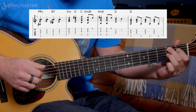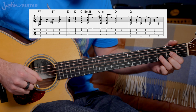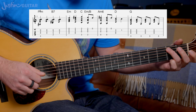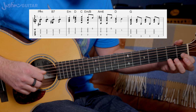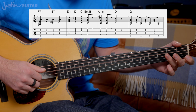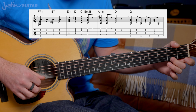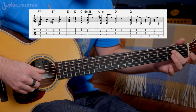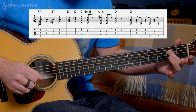All of it, then just the chord. Now we've got this lovely part here: E minor, D, C, E minor over B, E minor 9 over B, to the A minor 6. It's really nice the way you get this melody going, the bass going, the melody rising up and then joining. It's just wonderful. So E minor, thinnest four strings, second finger, second fret on the fourth string, then to a